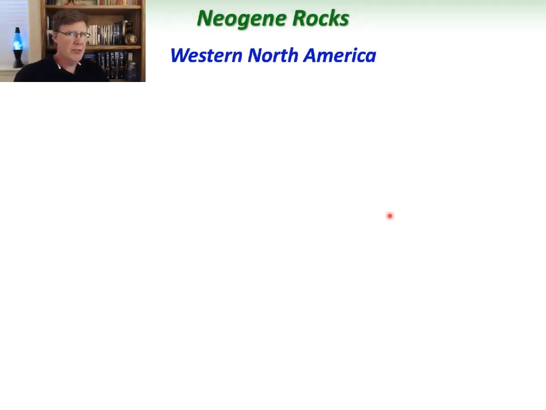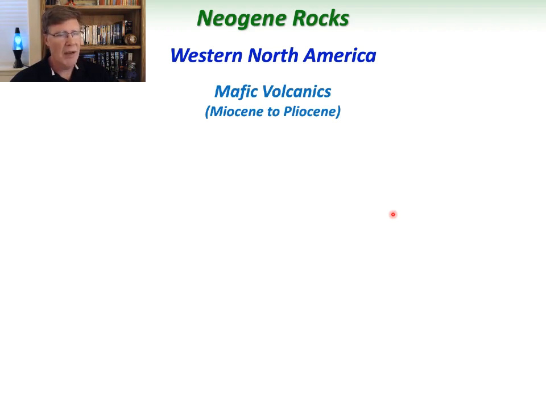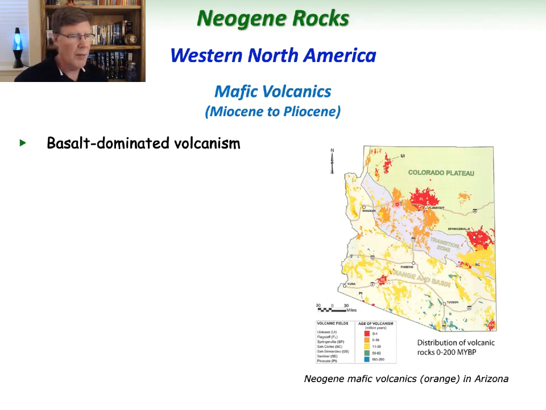Well, if subduction was ending and all that ignimbrite volcanism was ending, what was it replaced by? Well, in many places, like the Snake River Plain, you still had mafic volcanics being erupted. In Arizona, we'd see a switch to more mafic volcanism as well. After the early Miocene and the end of that caldera-style volcanism, we'd see more mafic volcanics erupted, so more basalt-dominated,